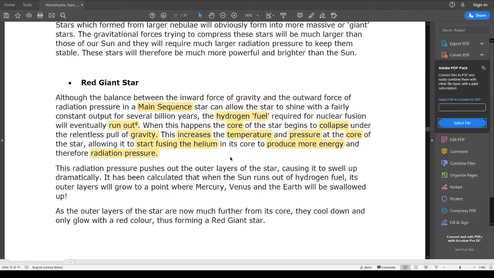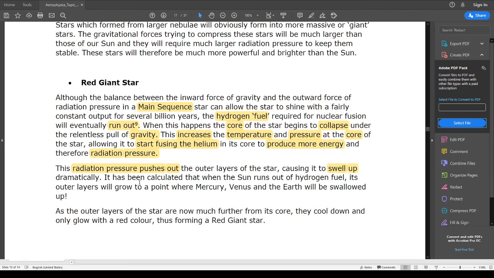So as the nuclear fusion of helium releases way more energy, what happens? It pushes out the outer layers of the star, right? The radiation pressure basically pushes out the star. Let me just highlight part of it. The radiation pressure pushes out. So as the radiation pressure pushes out, what will happen? The star basically swells up dramatically. This just means that the star becomes very large,